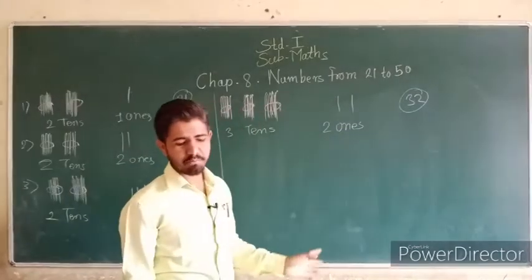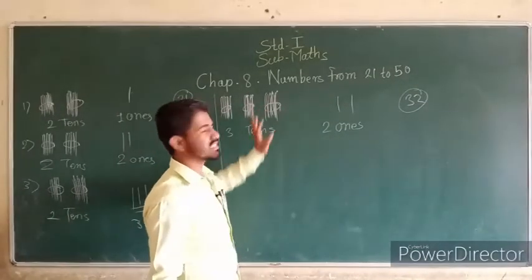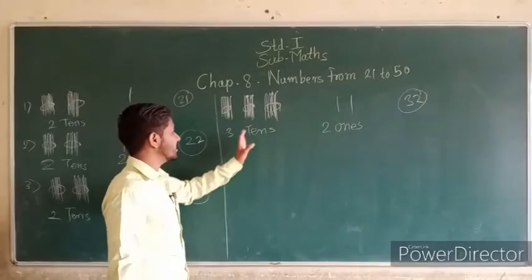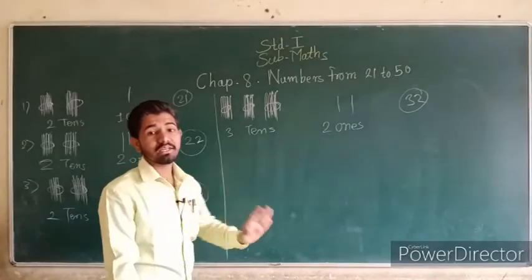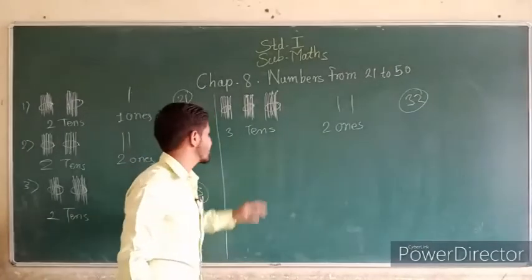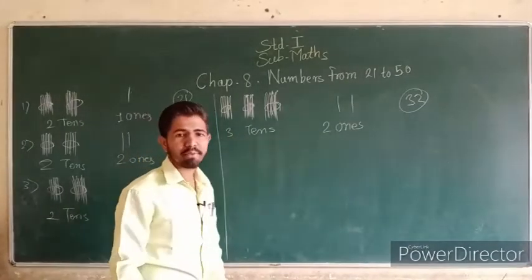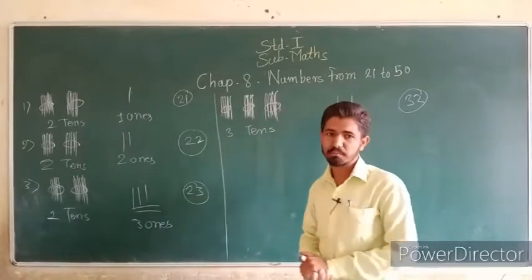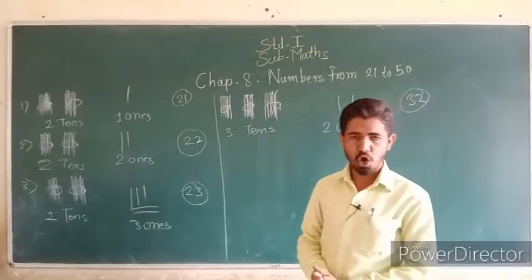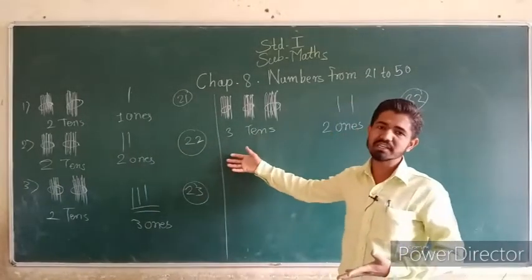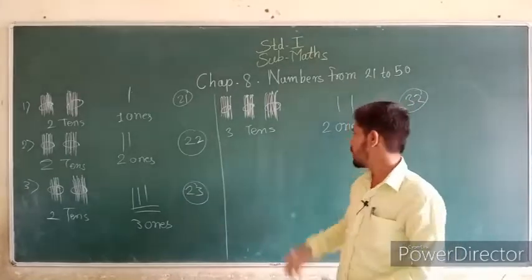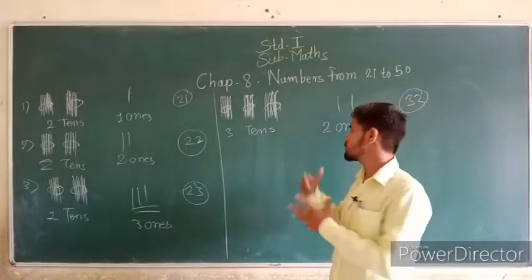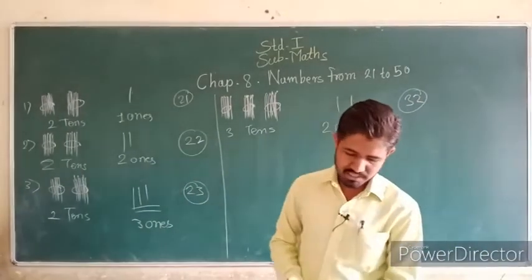ओके बच्चों, तो कैसे क्या आपको पता चला? यहाँ पे दिया था 3 10s, यहाँ पे दिया था क्या? नहीं दिया था. तो हमने क्या किया यहाँ पे? तो हमने 3 10s का मतलब है 1 10, 2 10, 10 के हमने कितने बंडल्स निकाले? 3 बंडल्स. अगर यहाँ पे 4 10s लिखा होता तो आप क्या करते? तो वहाँ पे आपको कहना चाहिए था ऐसे 1 2 3 4 बंडल्स आपको क्या करना पड़ता था? आपको वहाँ पे ड्रॉ करने पड़ते. जैसे यहाँ पे कितने भी बंडल्स दिए हो तो आपको कहना वहाँ पे बंडल्स ड्रॉ करने. और यहाँ पे लिखा 9 ones 3 ones 2 ones, तो आपको कहना है उतने मैस्टिक्स वहाँ पे क्या करने ड्रॉ करने.